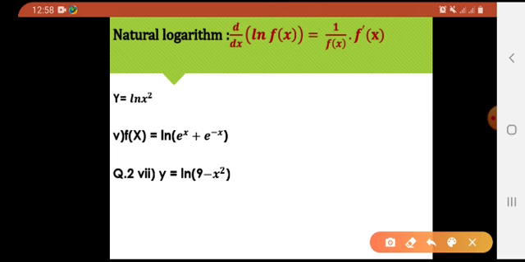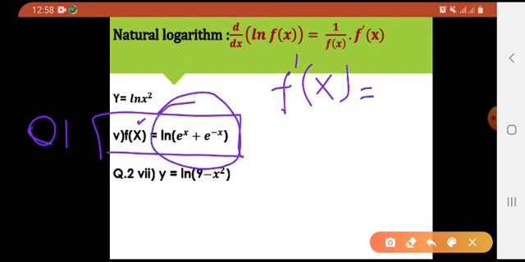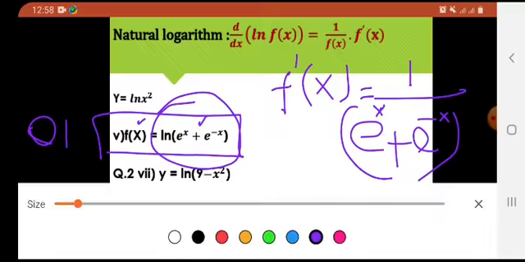That was an example. This is question number 1, fifth part, this one. So I'm going to explain it over here. The derivative of f of x would be f dash of x, and that would be equal to what? Natural log of this thing is given to you. So natural log का तो कितना आसान सा derivative होता है. What is it? 1 divided by the given function. और function क्या है हमारे पास? e raised to the power x plus e raised to the power minus x. Okay, done. आगे क्या है?